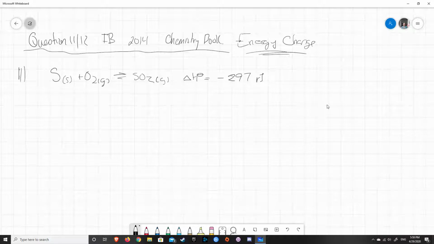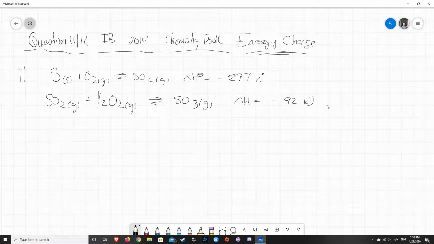And the second reaction is that SO2, which is the gas from the previous reaction, reacts with O2 to form reversibly sulfur trioxide, SO3, which is also a gas, and the delta H value is equal to negative 92 kilojoules. So these two reactions are used in the manufacturing